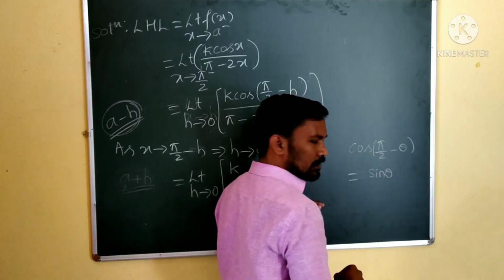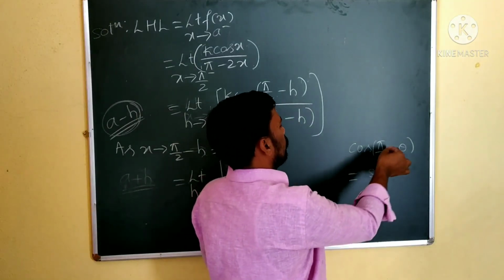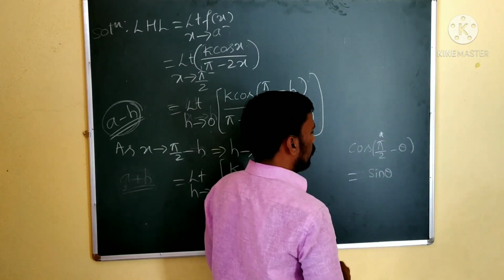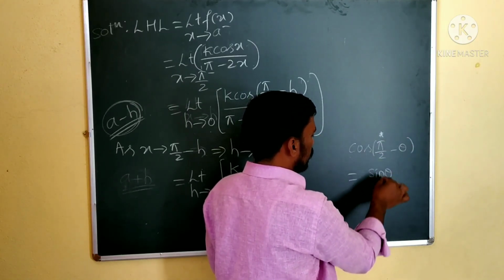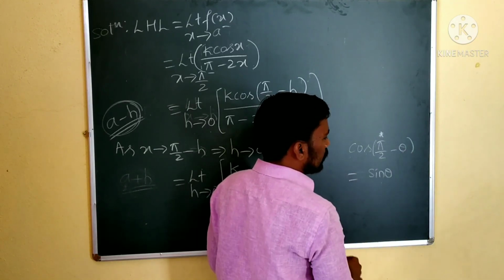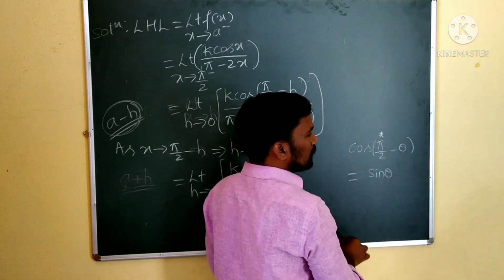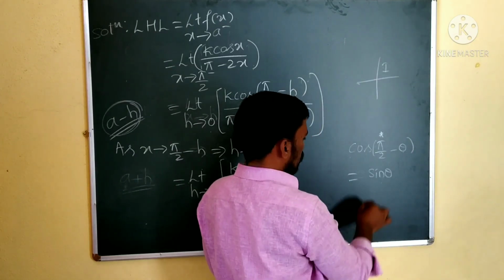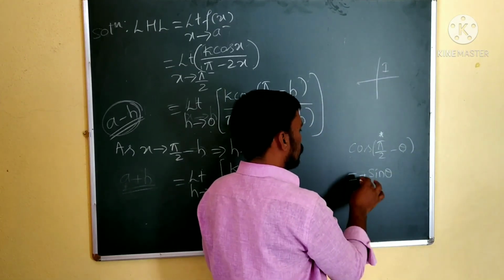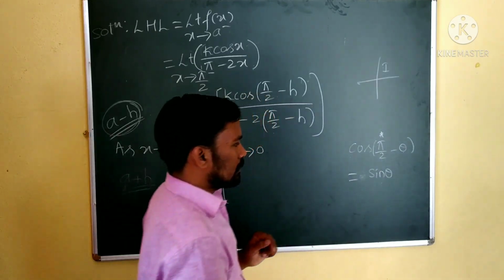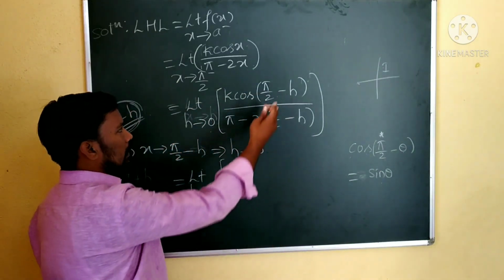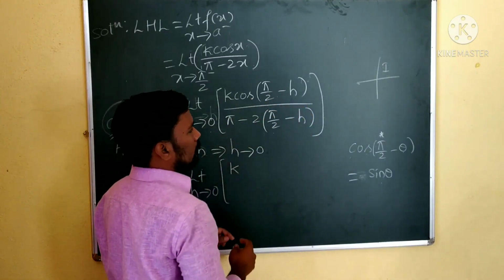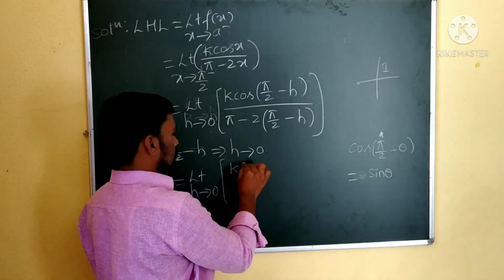Or you can remember this directly. Cos of pi by 2 minus theta, 90 minus theta, comes in the first quadrant, where cos is positive. So cos of pi by 2 minus theta is sin theta. Here theta is nothing but h. So cos of pi by 2 minus h is sin h,